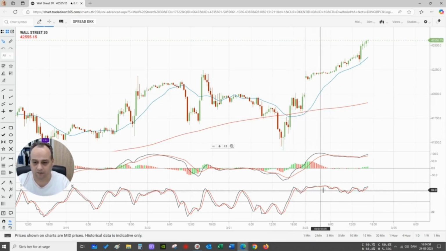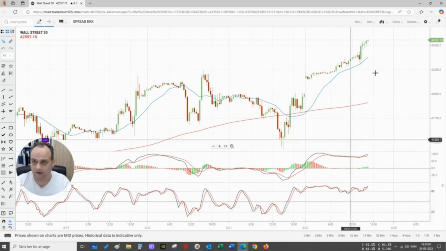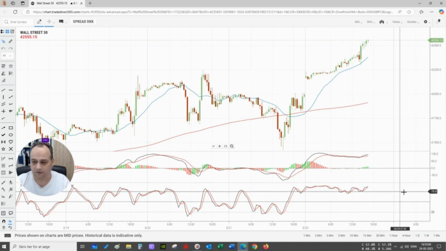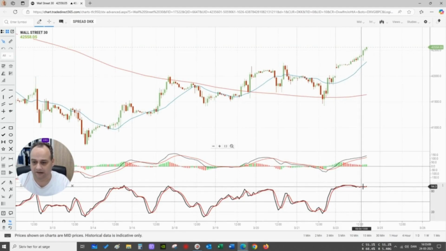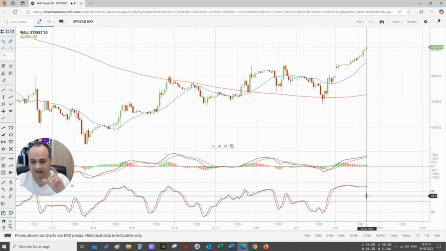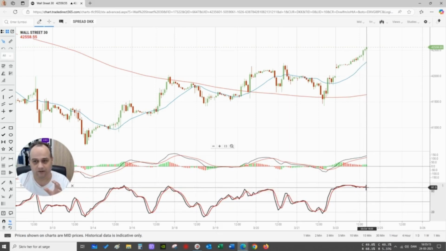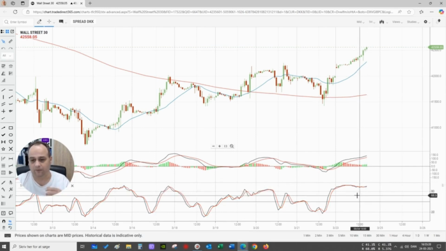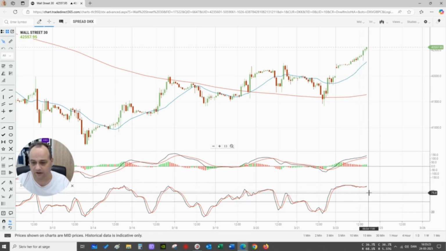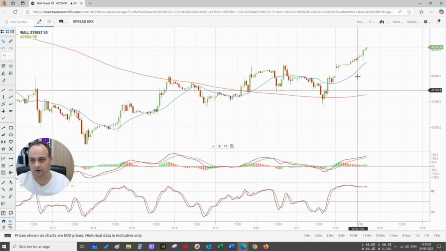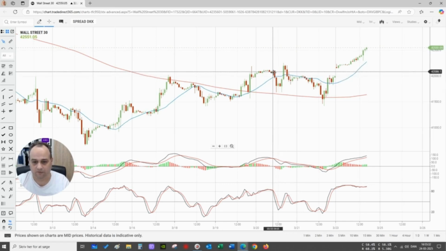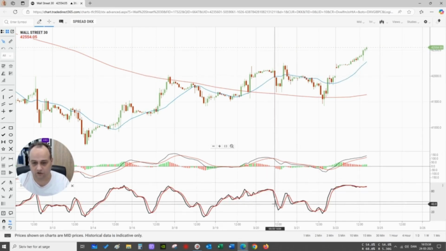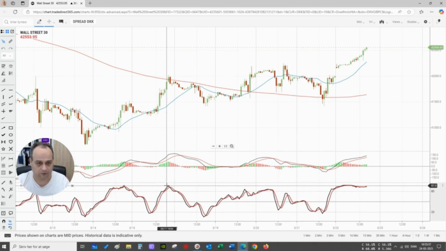For instance, you can see the 30-minute chart here. You can see the price on the 30-minute chart is more or less on top of the 80 line all the time. Also, if I go to the hourly, you can clearly see here that it's more or less just going sideways above this 80 level. And as long as it's doing that, you just have to realize and consider that price is in a very strong uptrend. It has to break out of this 80 area and down before we can say that now we're going to get a change in the trend. Like over here, you have the breakdown, and you can see now the stochastic just breaks down here and also breaks down here and also breaks down here.